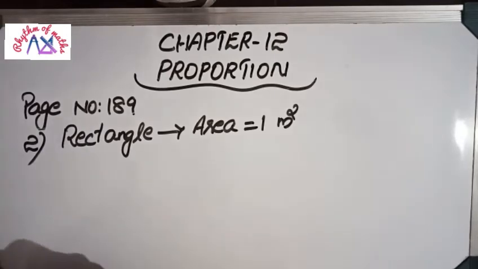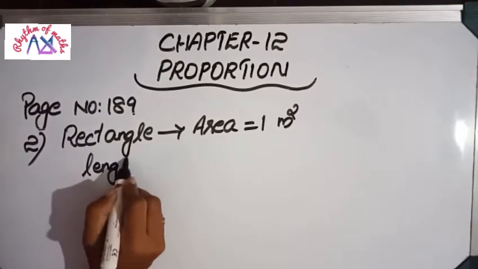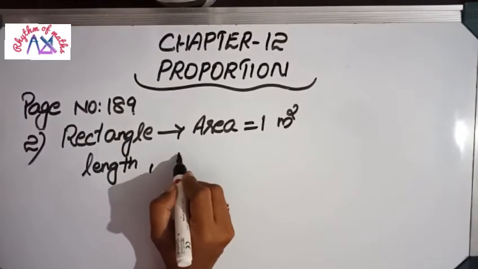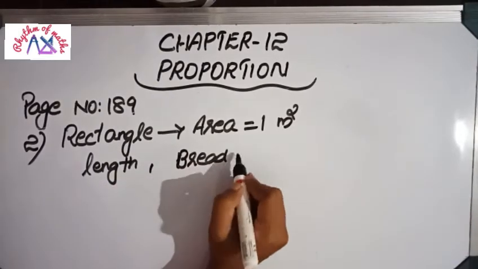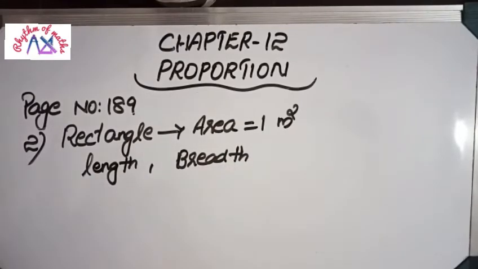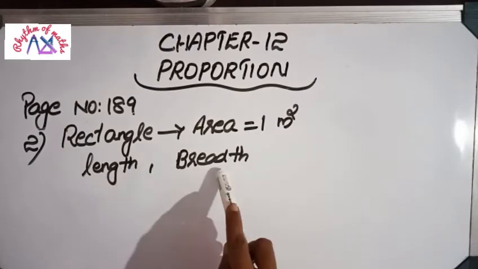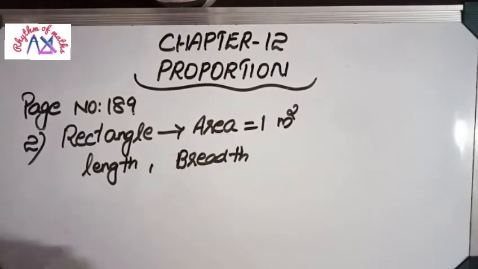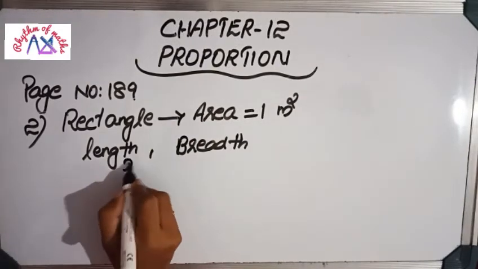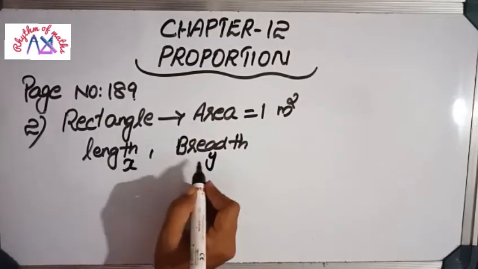And in the question it is given that as length changes, so does the breadth. Okay, length changes, then breadth also changes. So this will be in proportion anyway. And how can we express these two quantities in proportion? Whether it is in direct proportion or in inverse proportion, and find the constant of proportionality also. That is the question. So here we have to consider the relation between length and breadth. Okay, not area, length and breadth relation we have to consider. Which one we need to consider? That we have to consider as x and y. Here let's consider length as x and breadth as y, or length as y, breadth as x, whatever.